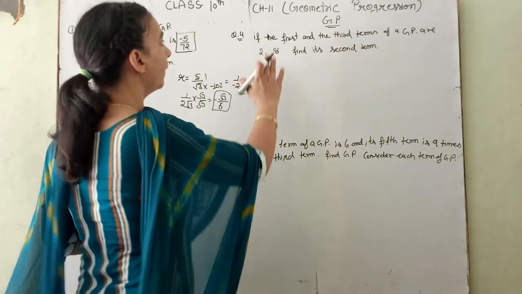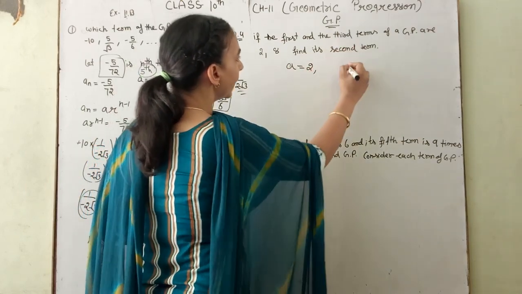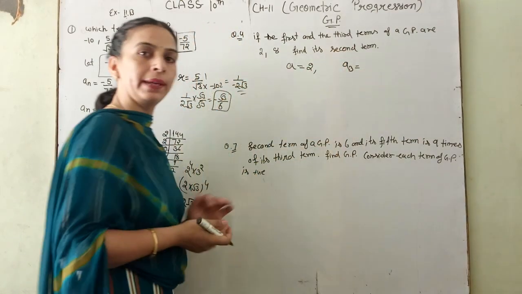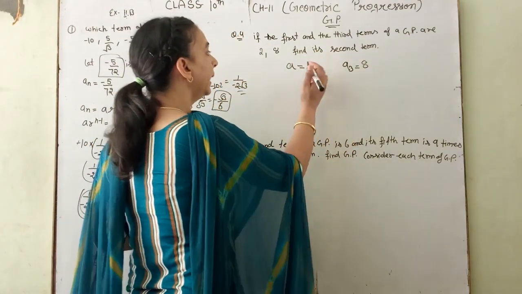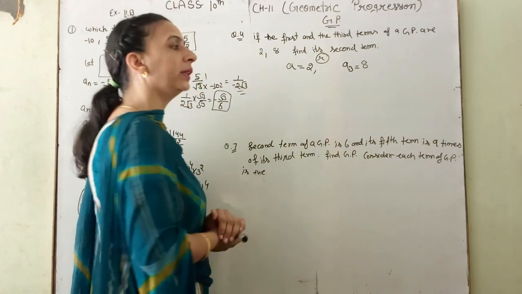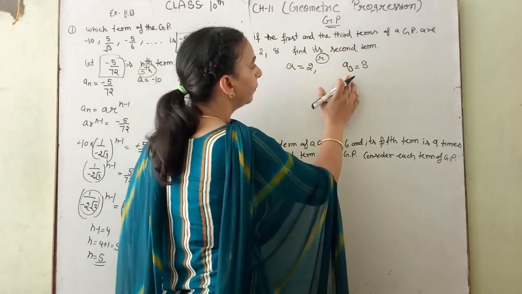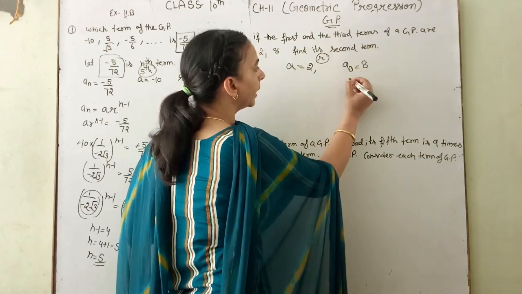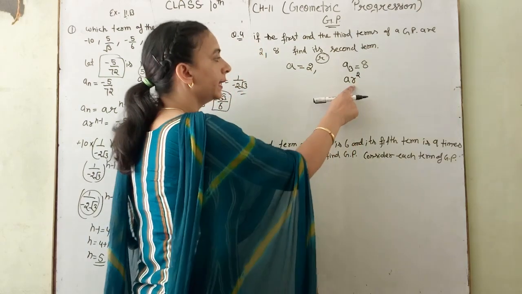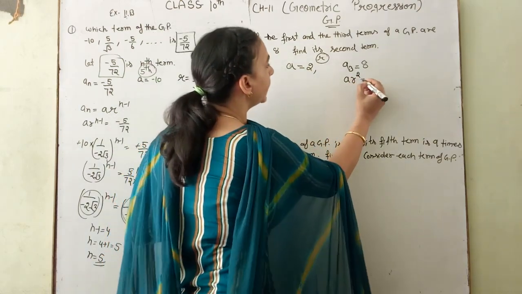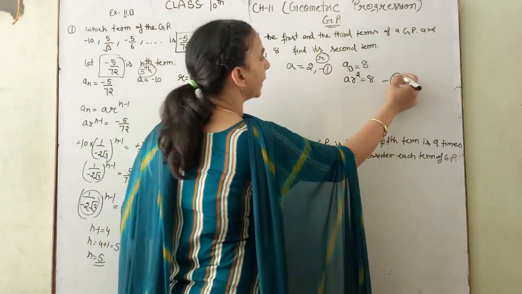Okay. Then the first term is a and this equals 2. Next is the third term a3, and this equals 8. But let r be the common ratio of this sequence. Common ratio r. Then what is the third term? The third term is a r raised to the power 2. This is the third term of the GP, and this equals 8. Okay. This is first and this is second.